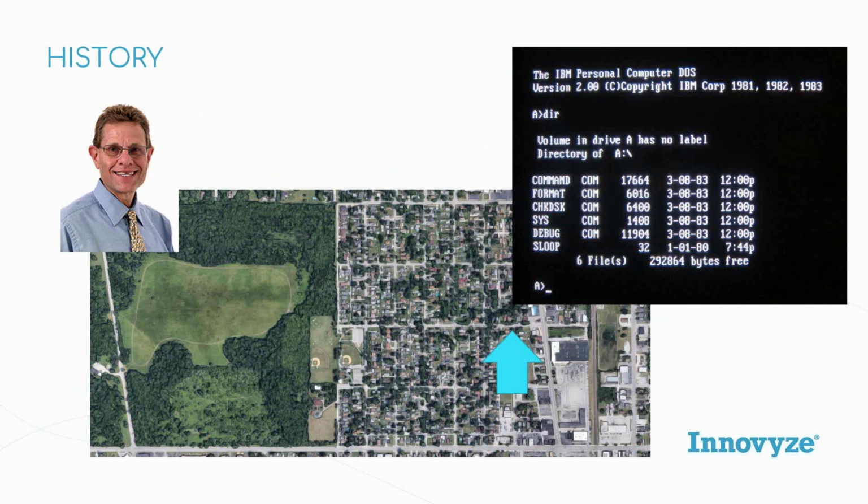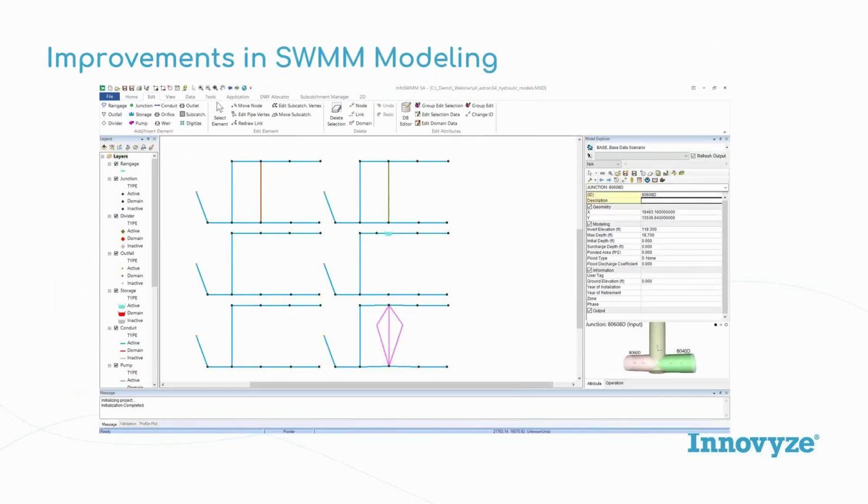But yeah, so it was a simple model by today's standards. But you know, SWM has made definite leaps and bounds in computational ability. Obviously, Moore's law has helped with that. This is InfoSWMM SA. These are four models. I think back in the day, Bob, tell me about SWM modeling back